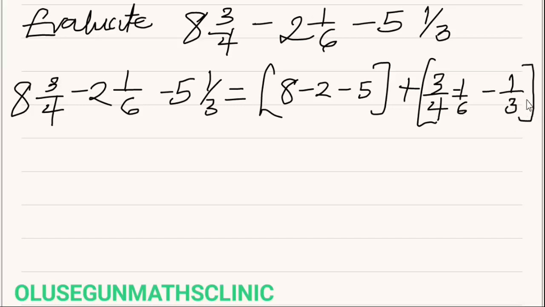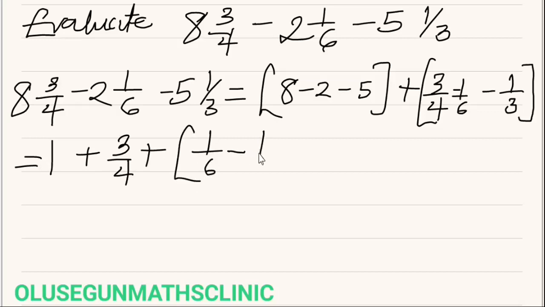So the lowest common multiple for this will give you... let's consider it, doing it in stages to make it easy. By adding 8 minus 2 minus 7, the total will give you 1. Here it will be 1 plus 3/4 plus... let's firstly try to solve this because it will make it meaningful. So in solving